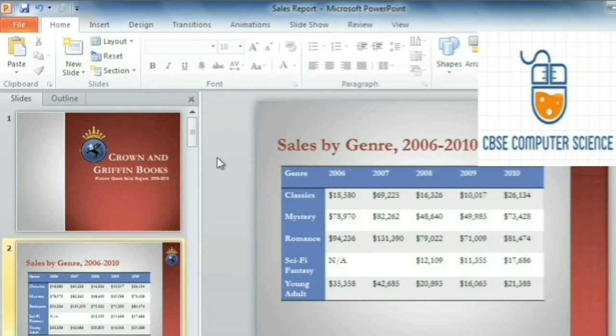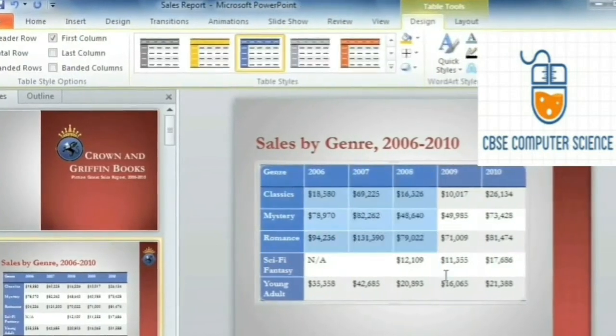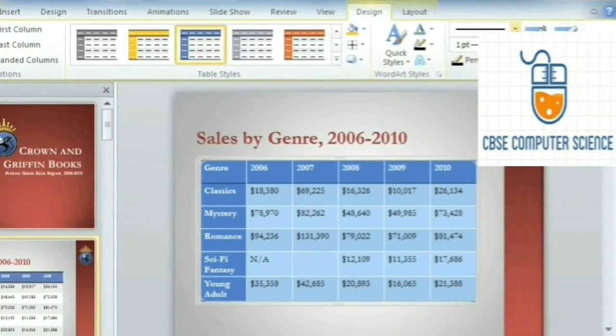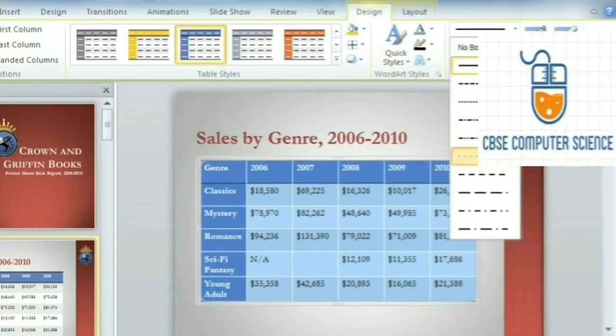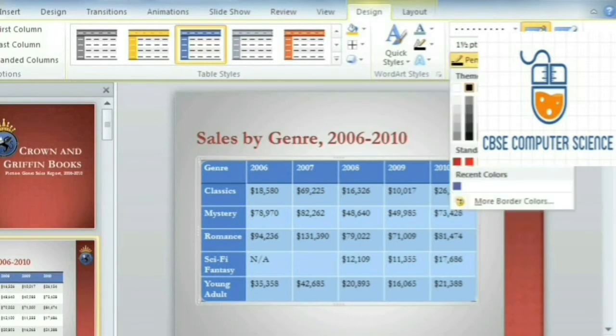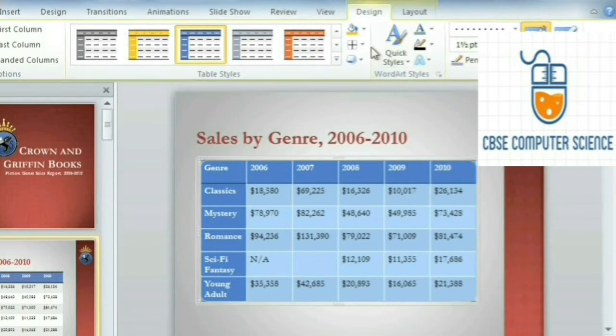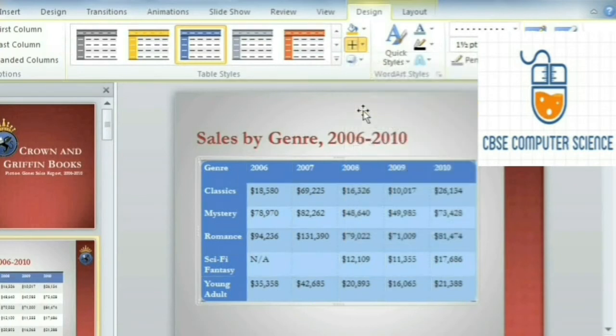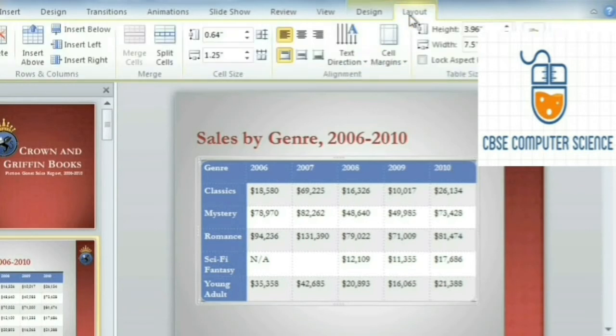Applying border to your table. To apply a border to your table, just select the table or the number of rows and columns to which you want to apply the border, and go to the Design tab. In the Design tab, there is a border thickness option. A drop down list appears. Select the thickness for the table border. The other way to apply a table border is to go to the Table Borders button and click on any of the following options that appear. So when you click on any of them, accordingly the border appears on individual cells of the table.